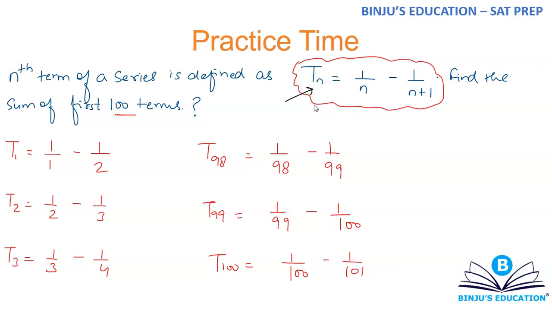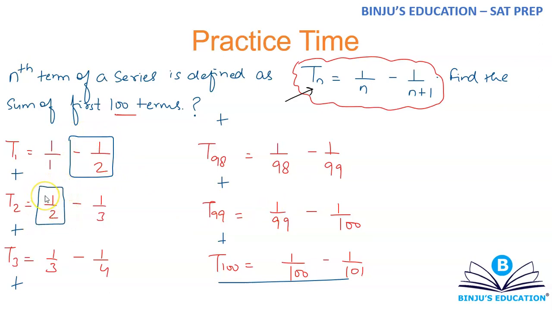All right. So what happens is when you write like 1 by n minus 1 over n plus 1. Now observe carefully. Observe the first two terms, t1 and t2. You want to find the sum. So you're going to add these terms, right? You're going to add all these terms, t1, t2, t3, t4, t45, t90, t99, t100, right? You're going to add up all these terms. Once you start adding up, you should realize that this is minus half and this is half. So if you're going to add, this will be 1 minus half plus half minus 1 by 3. So these two are going to get cancelled automatically.